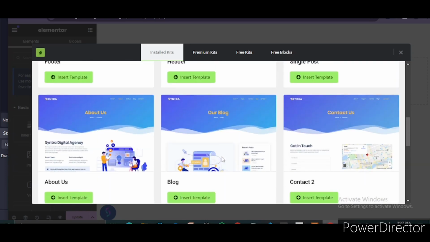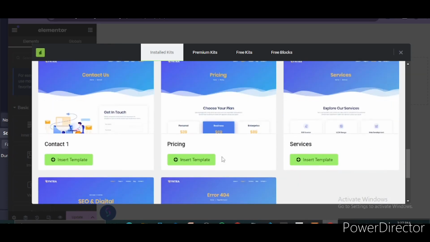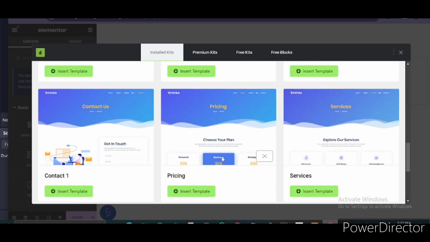All right, so this is the contact us page. Okay, so they have two different contact us pages. So let me work with this. You can work with either of these two contact us pages. The beauty of this template kit is that you can install as many template kits as you want. All you need to do is search for the ones that you want to use